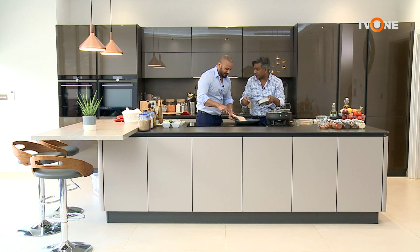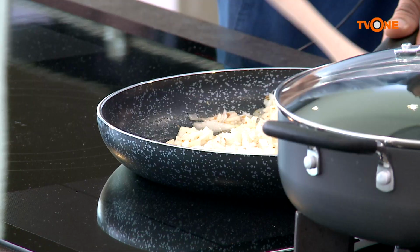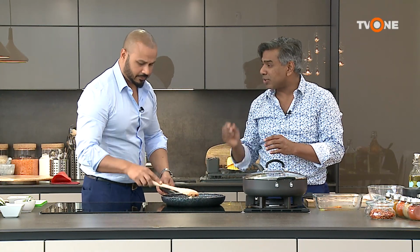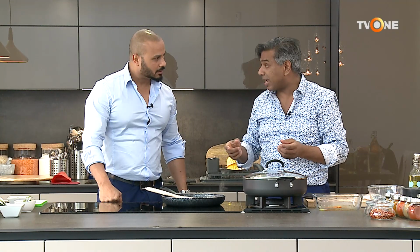I roasted the garlic first here, because I want that abundance of garlic smell. Any salt? That's enough. We will add the salt afterwards. Reason why, if we add the salt now, it's all going to melt away. I want the onions to have a bite to it, so nice and crunchy, because the onions will extract the water out and it will dissolve the